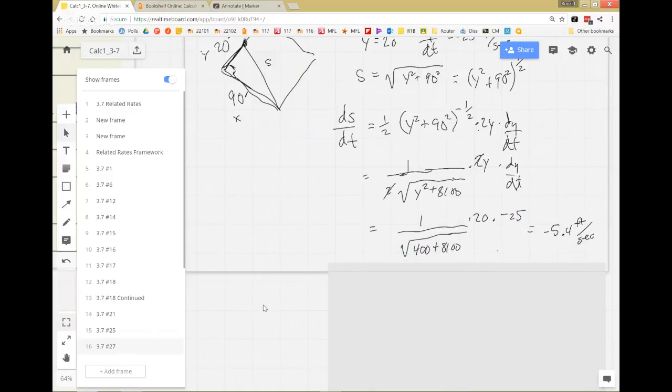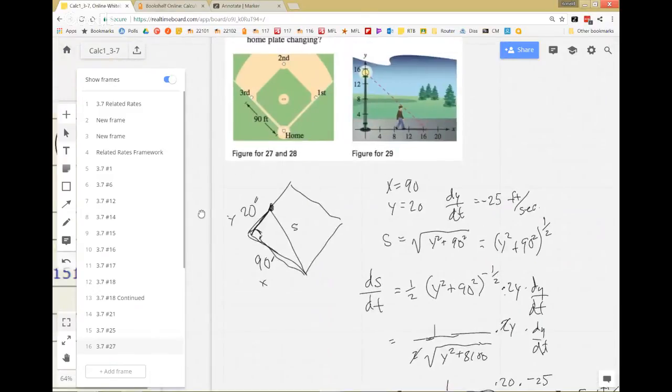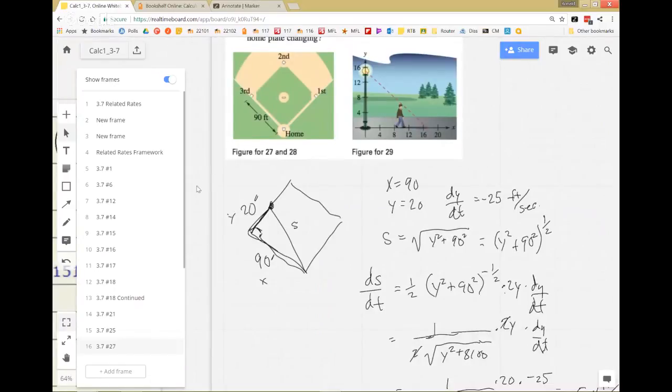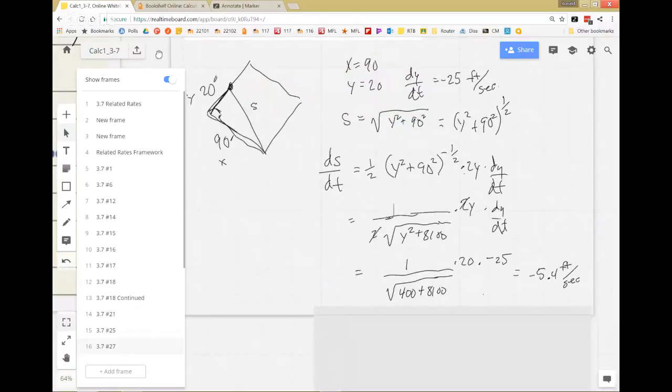And when you crank it out, oh, well, we've got to substitute. What's y? Y is 20, so we plug that in, and dy dt is negative 25. So you plug those in, and he is approaching